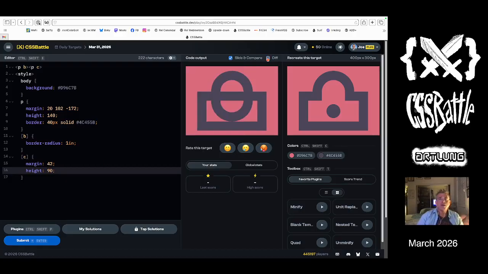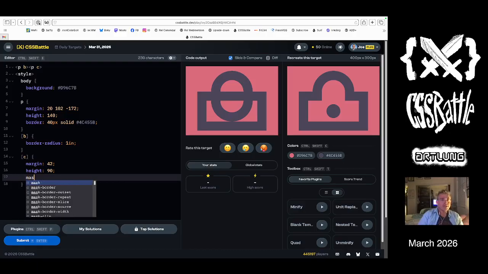Okay, so I have a lot of the pieces that I need, but not all of the pieces. And this does mean I'm going to use a mask. So let's do the mask part. Mask. And I'm going to do a conic gradient. Oh, no, that's not going to work, is it? Oh, is that going to work? Oh, that could work. Let's do a linear gradient